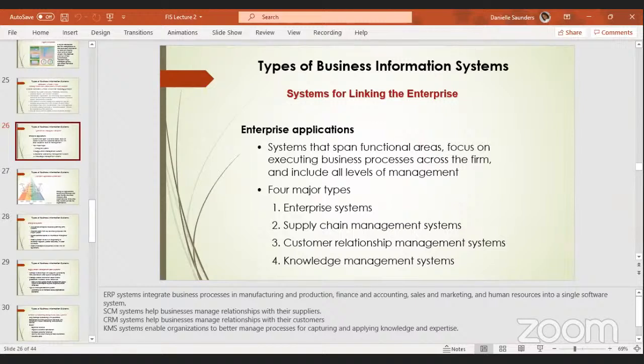So those core parts would be the key parts. Now, some people would say enterprise resource planning system also includes what we're going to talk about in 2 seconds, which is